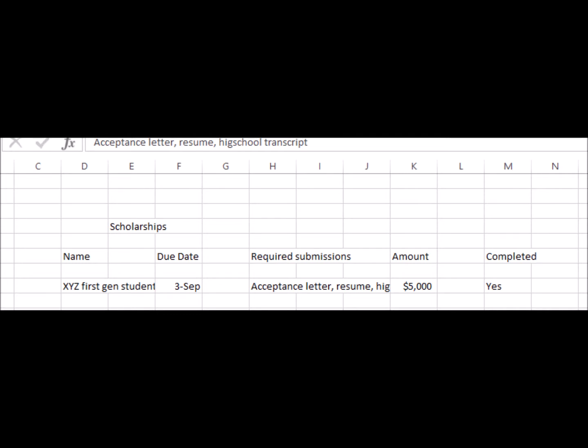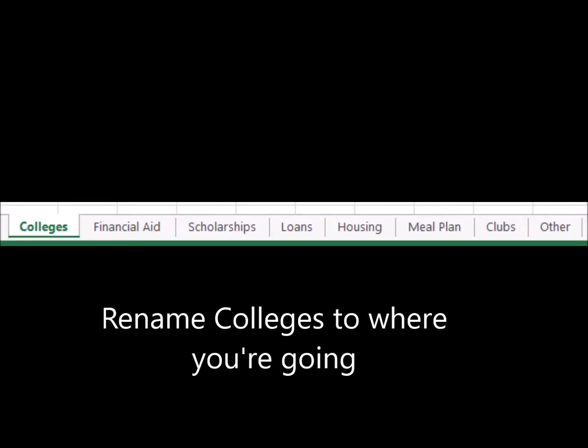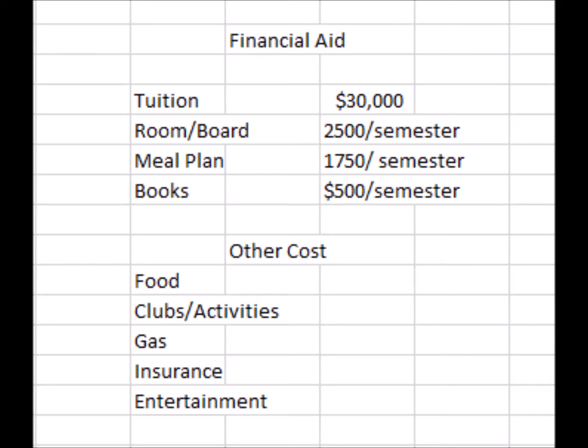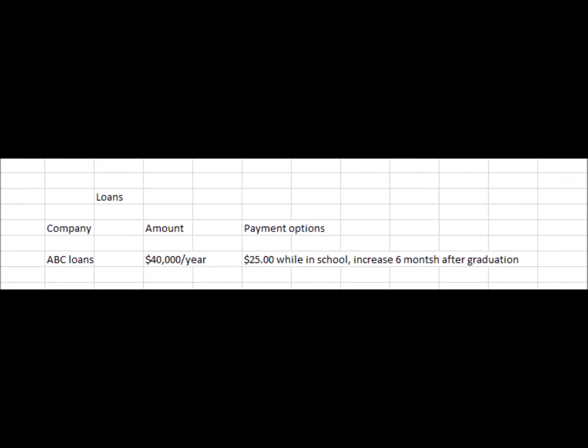how I did it. So this is what it should look like after you've decided where you're going: college, financial aid, scholarships, loans, housing, meal plan, clubs, and other, and of course rename colleges to where you're going. So this is what the financial aid thing should look like. This is just a random breakdown with some random numbers. And then this is what the loans should look like, and of course you will have other payment options which